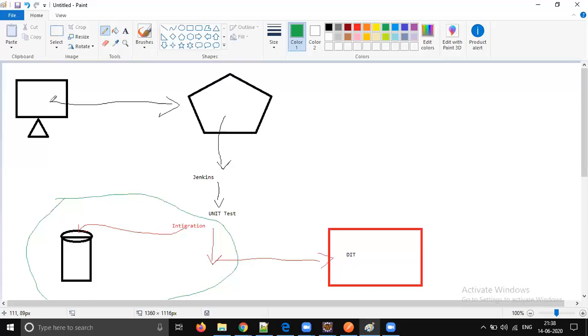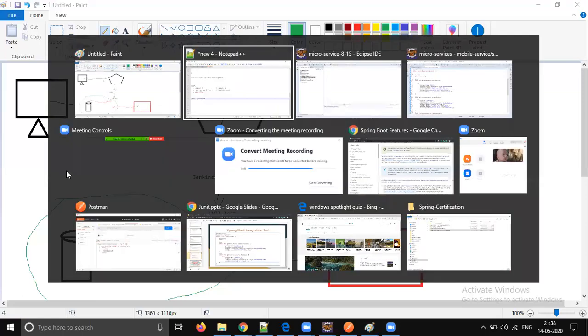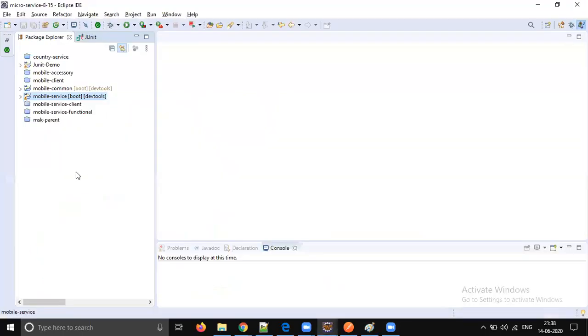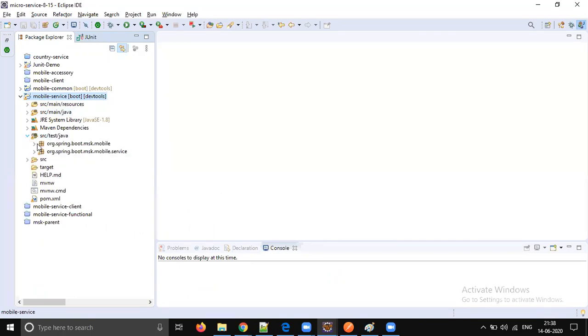So in Spring Boot, it is pretty easy. We can write it using Java itself. We have strong existing API support from Spring Boot, so we can use that API and write integration tests. When it is an integration test case, you need to have a dedicated database server and everything. So it is fully automated. I will show you how to write it.